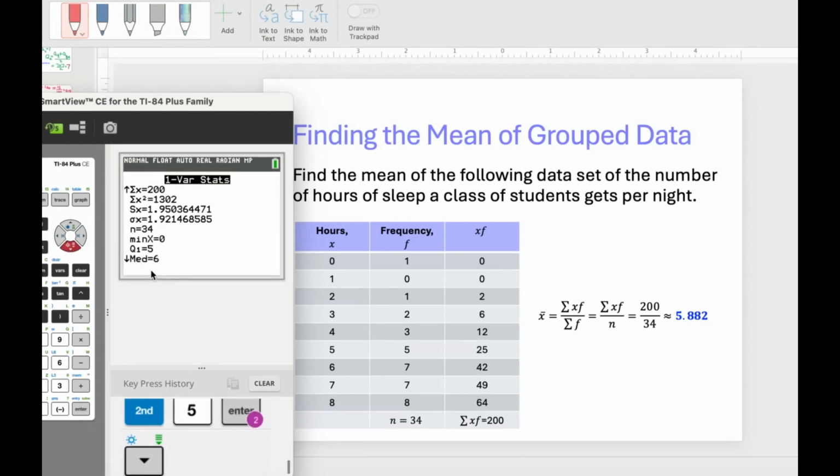It even gives us the median, even though it's not asked for in this question. The median is 6. So if I wanted to, I could go through and